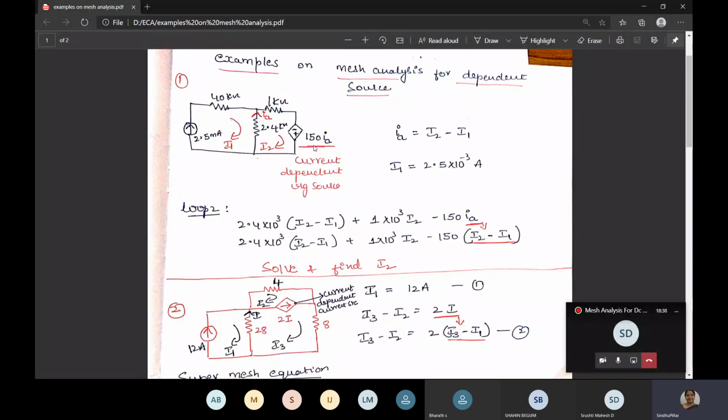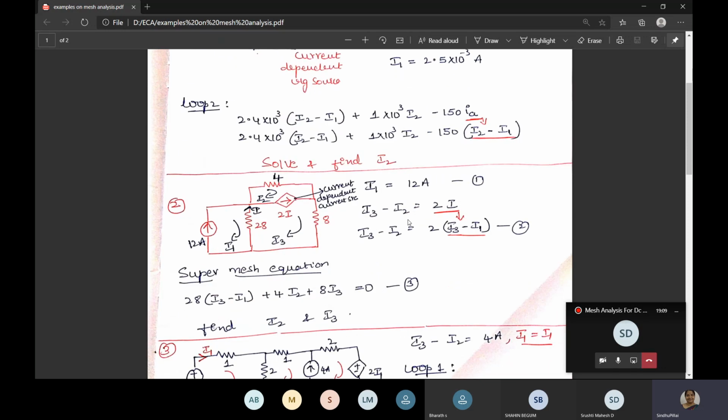Yesterday, previous class we had seen a voltage dependent source. Now we have seen a current dependent one. See, when it is current dependent, you have to just write the current. You should not multiply again with resistor. Current multiplied with resistor will become voltage, and we don't want voltage. What is it? It is current dependent voltage source. So you have to just write current. That current IA is I2 minus I1. You have to remember on what it is depending. Okay, so this is the first example. You have to complete this.